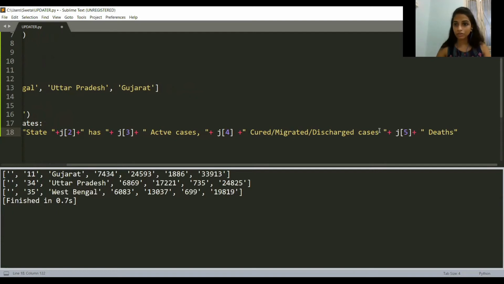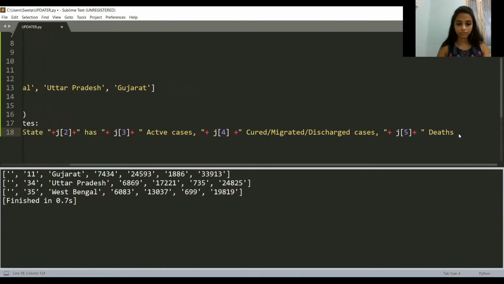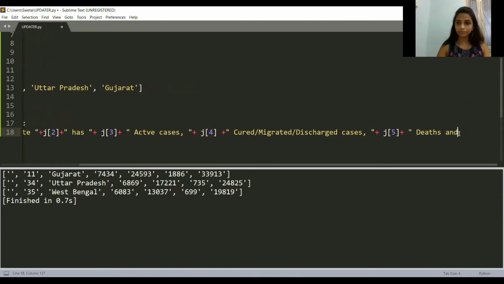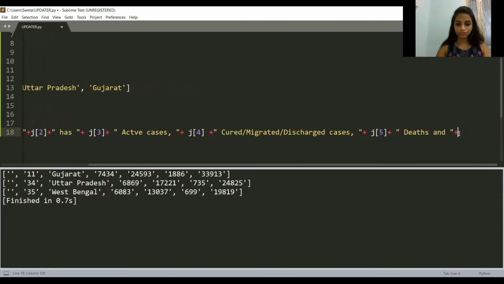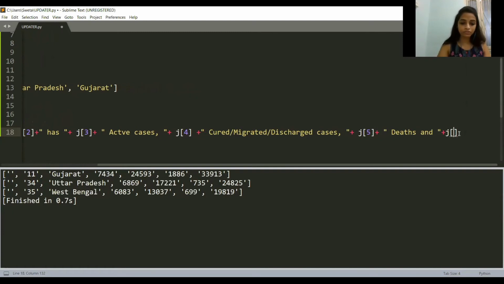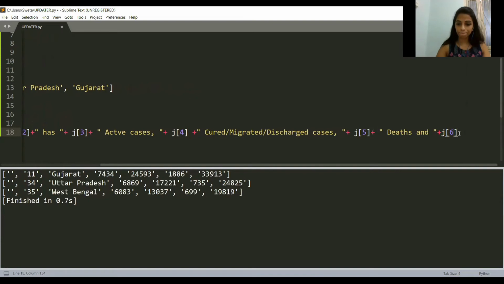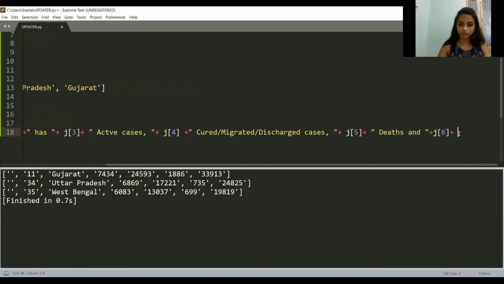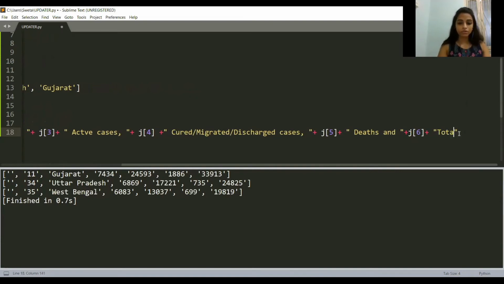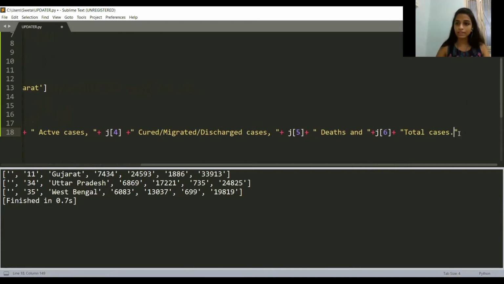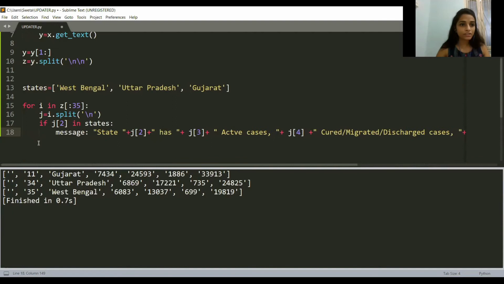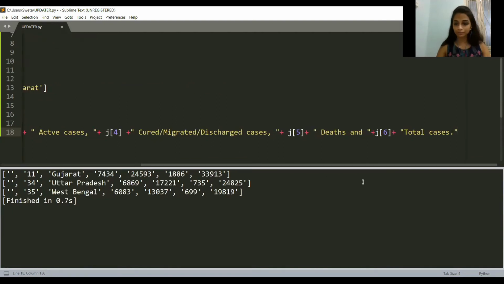Okay, let's put a comma here. And we have J6 numbers of total cases. Total cases. Okay, then a full stop. So let me just print this message here.